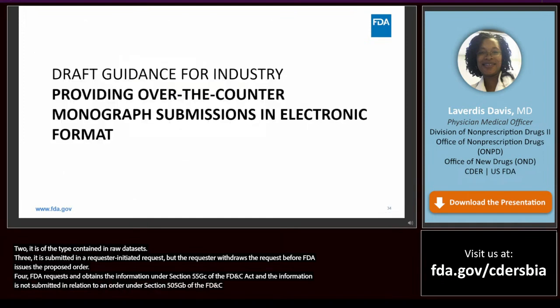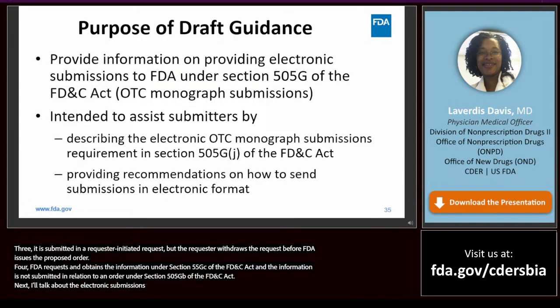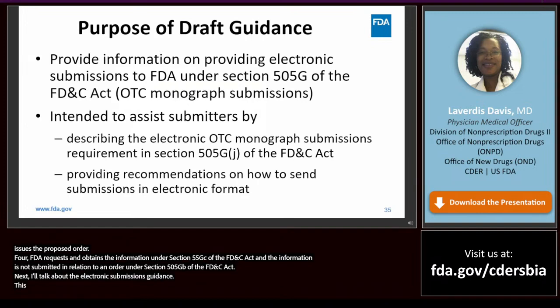Next, I'll talk about the Electronic Submissions Guidance. This guidance provides information on providing electronic submissions to FDA under Section 505G of the Federal Food, Drug, and Cosmetic Act.